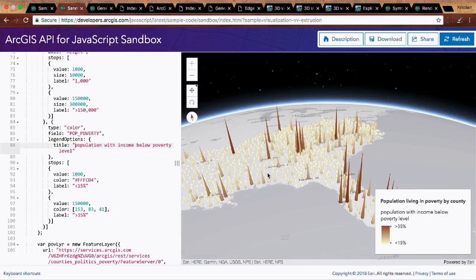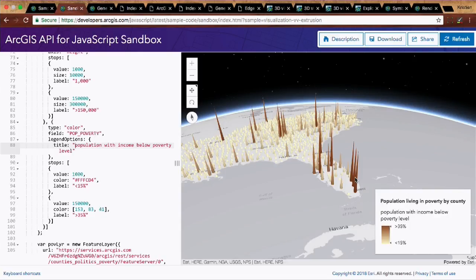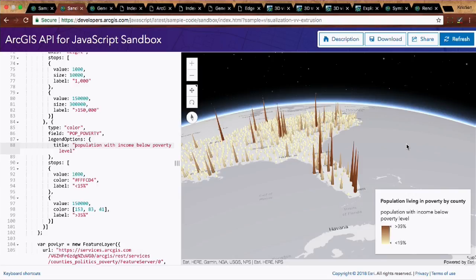So now, commonly, we might map one data variable with two visual variables, so to speak, so we're using size and color. In traditional 2D cartography, this is usually frowned upon, but we found that in 3D, it's very helpful to see because of the depth, as Raluca talked about, because of the color differences. Some people might want to compare this feature back here to something up here and say, oh, because of my depth perception, it looks smaller, and I want them to be the same size, but we don't want it to do that because it would look goofy, so we apply color to help your eyes out there,